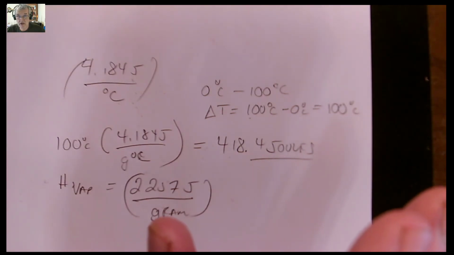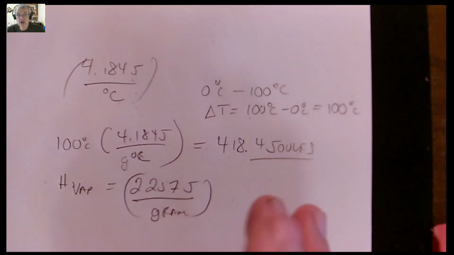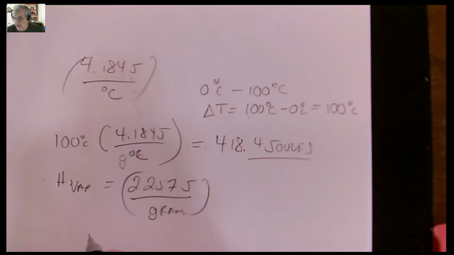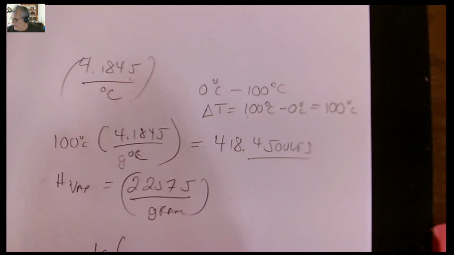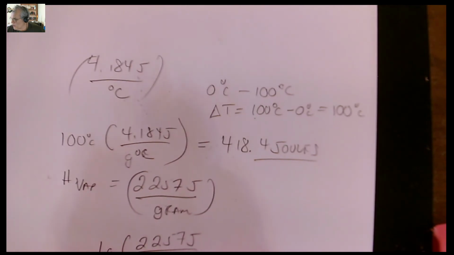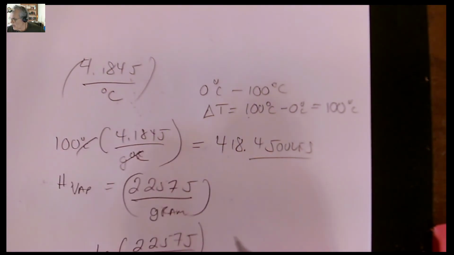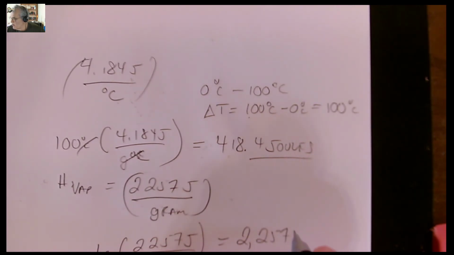This is 100 degree liquid water to 100 degree gas water. The temperature remains the same. So I have 1 gram, and I take it times 2,257 joules per gram. Grams cancel out, just like degrees Celsius canceled out up here, and it takes 2,257 joules